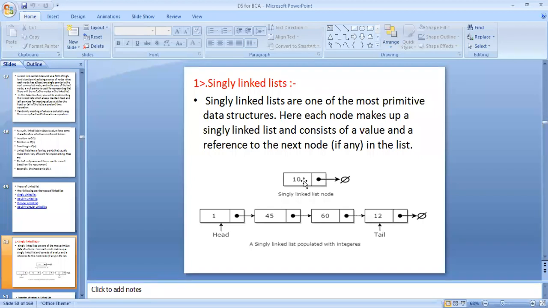Singly linked list is one of the most primitive data structures. Here each node makes up a singly linked list and consists of a value and a reference to the next node, if any, in the list.